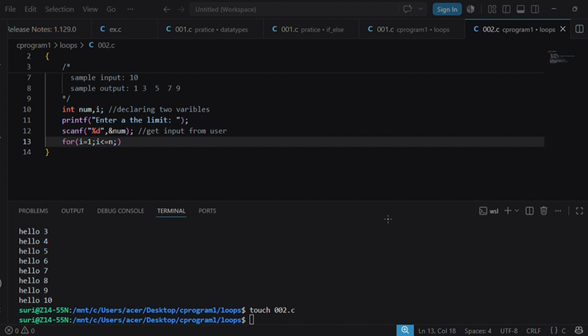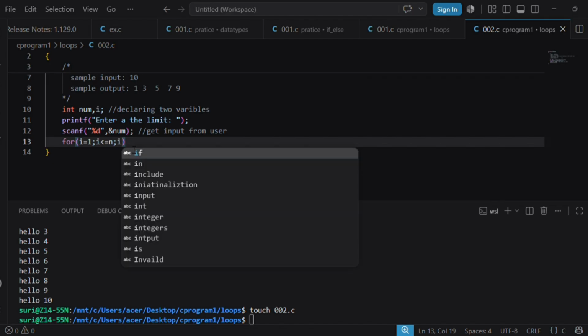So this is how we can write the post evaluation. Post evaluation is important. So in post evaluation I am writing i is equal to i plus 2.